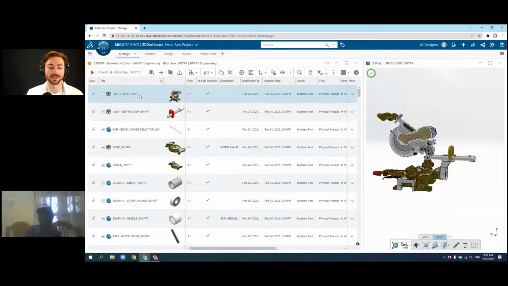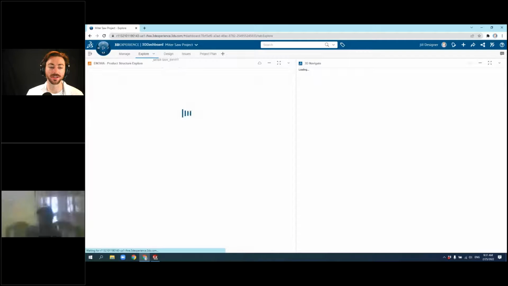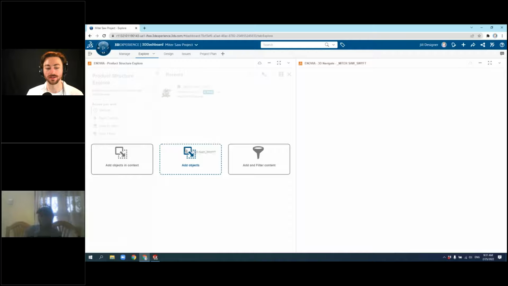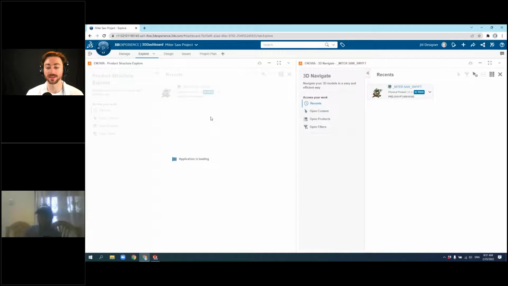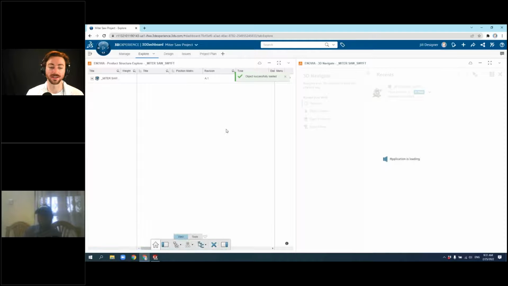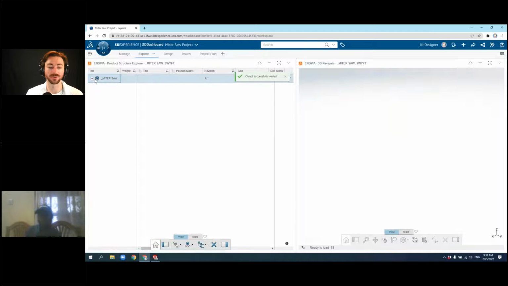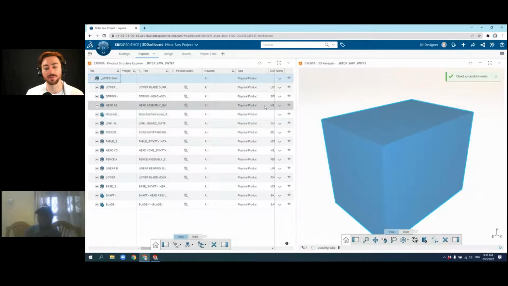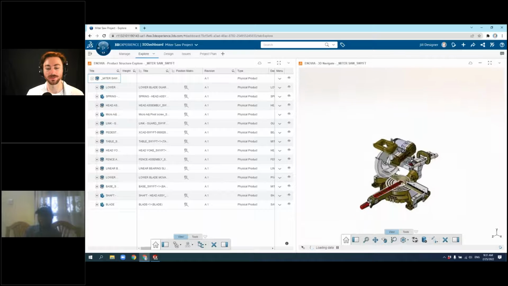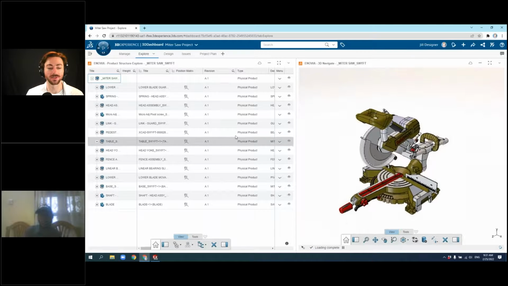Another nice thing about this is not only can you just get visibility of the product itself, it's useful for SolidWorks and collaborating with non-SolidWorks users. You can get full visibility of the product structure itself. The SolidWorks user may have a really strong grasp on what they've built, but you might be dealing with somebody that doesn't quite understand what's going on with the assembly and how it's built. So they can come in here and actually get a live view of the product structure.